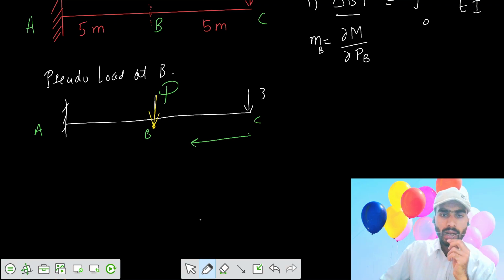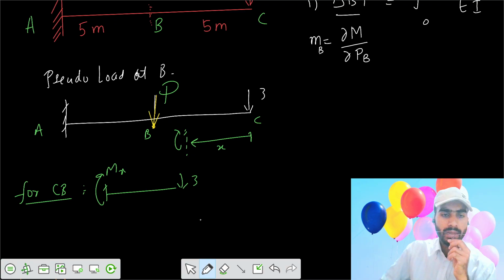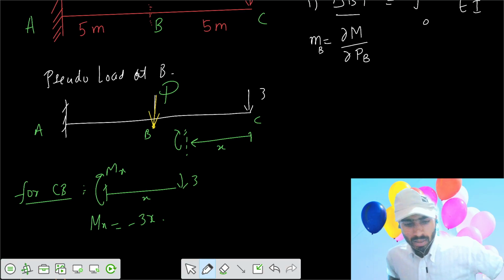Let's say you take the reference from here for the span BC. If you write that for the span BC, your moment equation at any x becomes, this is your load 3, and here you are solving that. Say there is a moment Mx, so you can write that Mx equals minus 3x. So you got the equation for moment at x. Then similarly